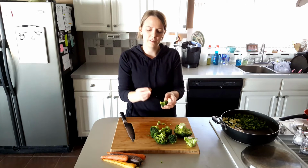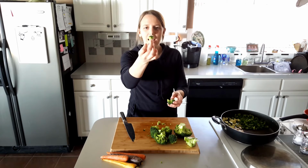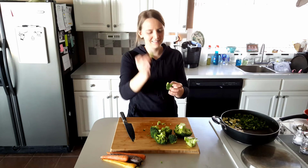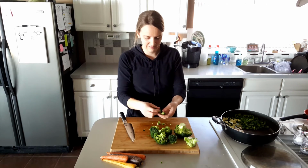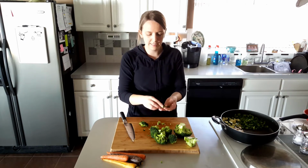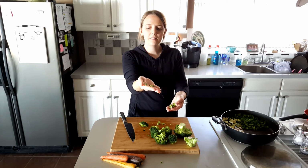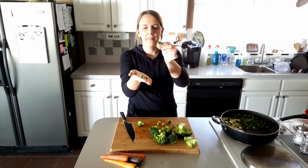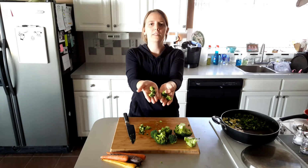Then you can break apart the broccoli florets. How cute is that name? Florets. Anyway, they're just the smaller pieces of the broccoli. Ooh, and see, I exploded one. We don't want pieces that are this tiny because those won't cook at the same rate that these will, and then we'll get crunchy and mush, like I said before. That seems pretty good. There'll be some little pieces, but